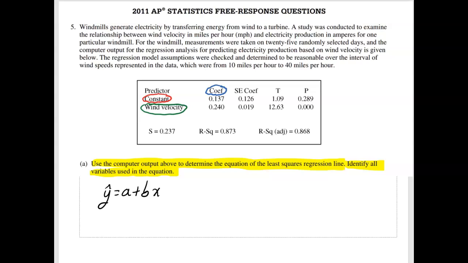When I look at the computer output, the coefficient of wind velocity is 0.240. That represents the slope. The coefficient of the constant is 0.137. That represents the y-intercept. So the equation here is y hat is equal to 0.137 plus the slope, 0.240, times x. And here, x is equal to the wind velocity,